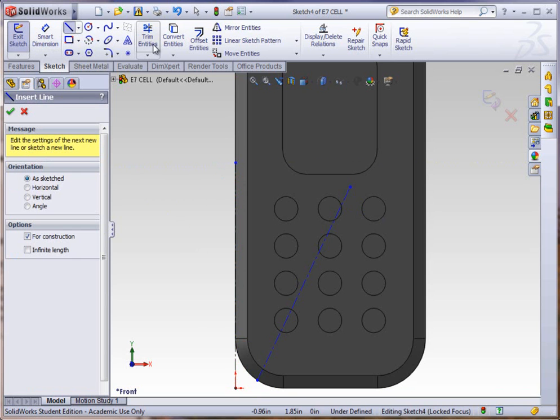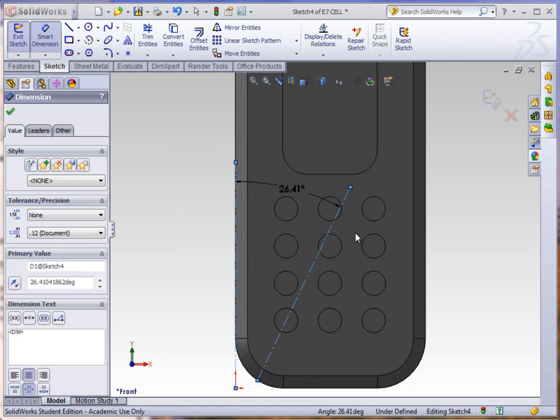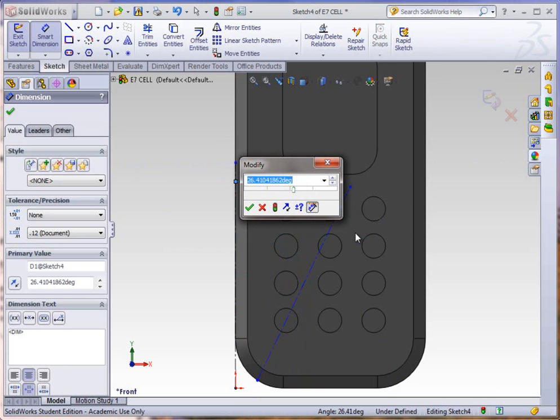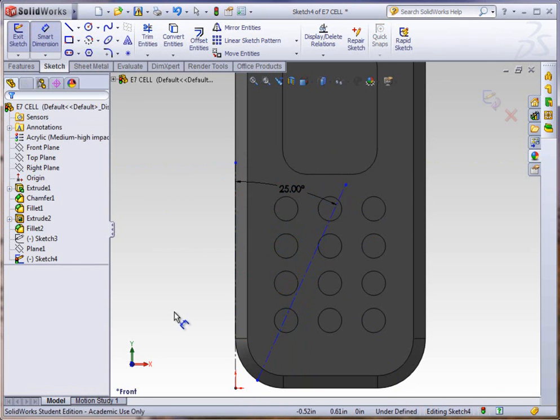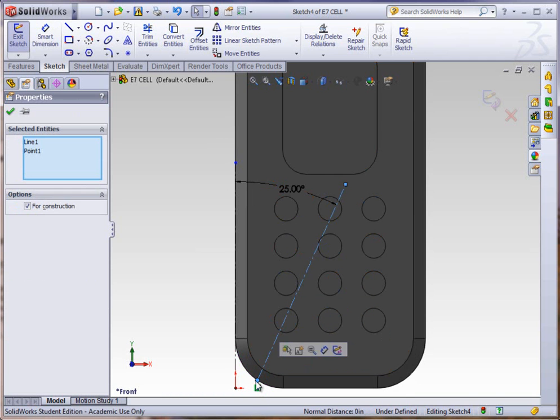And I could just add a dimension with the Smart Dimension tool between the two, and then I'd be able to control the exact angle of descent. So let's say we put in 25 degrees. Okay, once that's in position there, hit escape, and we could actually, if you hold control and select the actual curve of the center line, and then holding control, select the endpoint. Once both of those are selected, you'll see selected entities, line and point. Now you could go to the features,